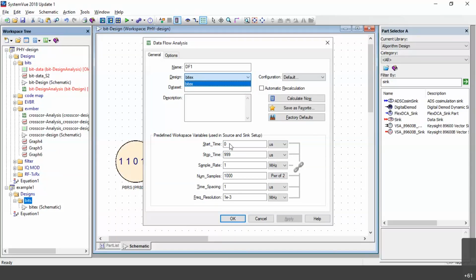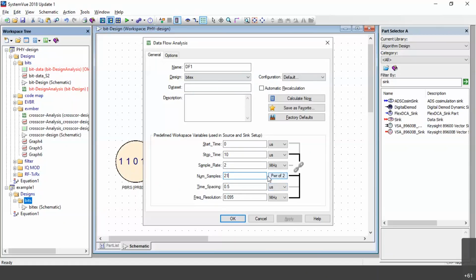And then here, see, I already showed you start, stop time. Now, I'll go for the sampling rate 2. Let us take 2 megahertz sample rate. Let the number of samples be 2, or let us take 21 samples. Let the number of samples be 21 or a power of 2.